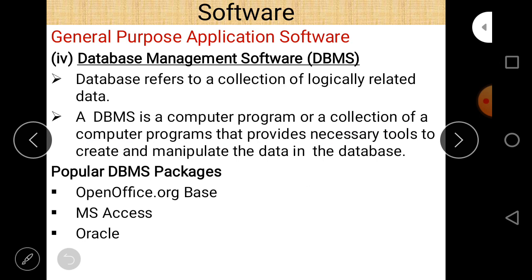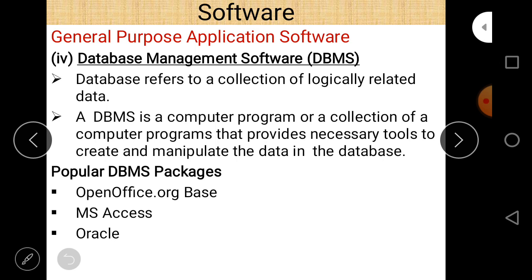So now the database management system. Data is raw facts, figures, and statistics. Database is interconnected data, and a database management system is basically software that manages our database. So software that manages our database is called database management software. Very simple definition. Now there are three terms: database management software. Software that manages our database. Manage means retrieve, update, delete, whatever. These are all called database management techniques. So software that manages our database is called a database management system.